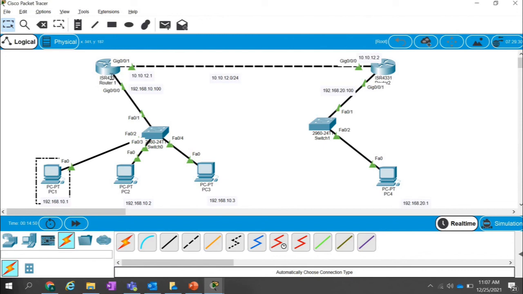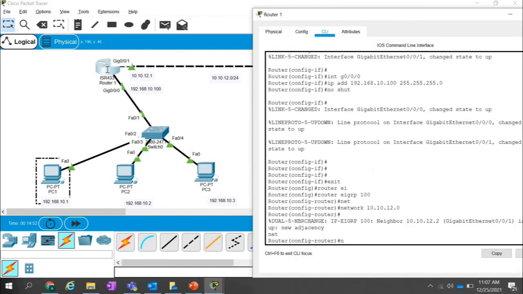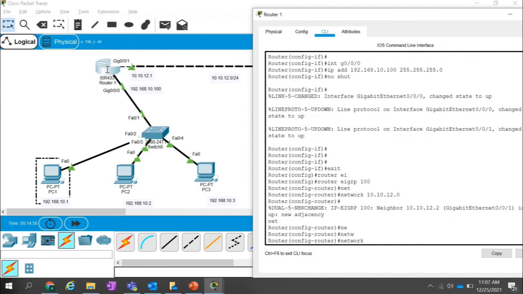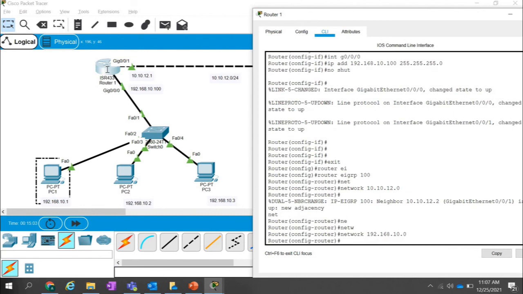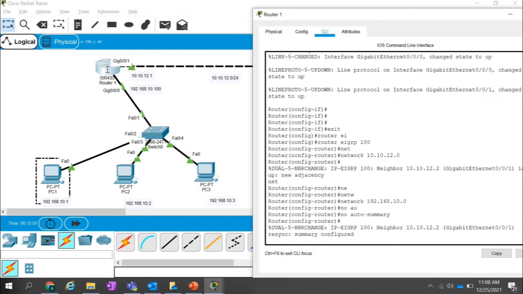Okay. And so now I was doing the configuration in the router. So let me advertise the network 192.168.10.0, and I'm not giving any wildcard mask, but don't forget to put the command no auto-summary.